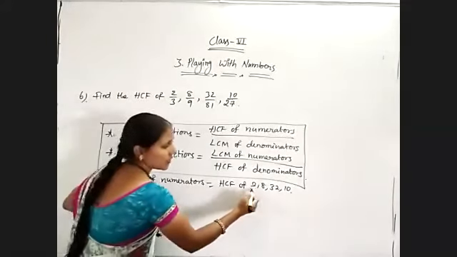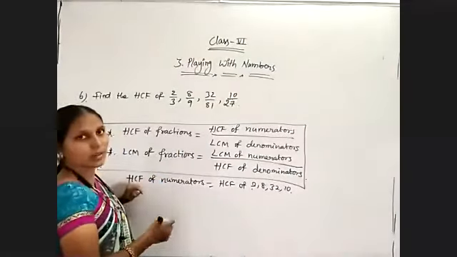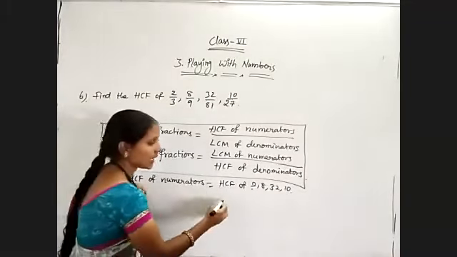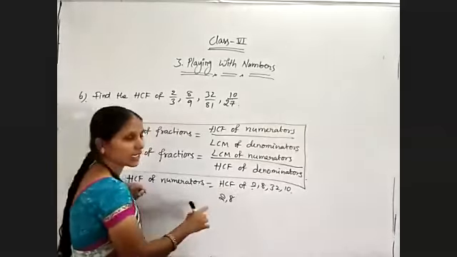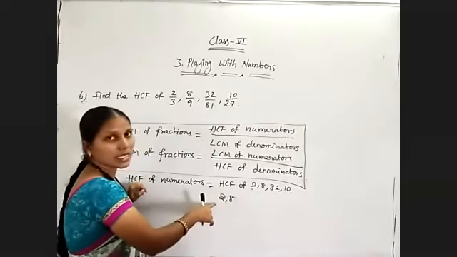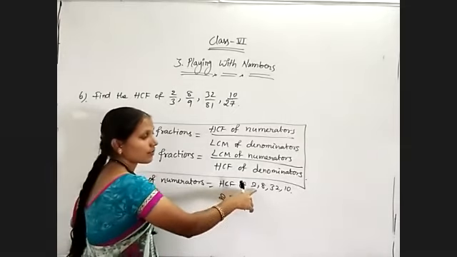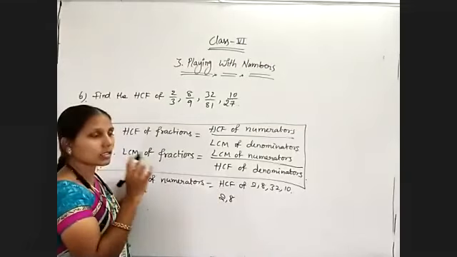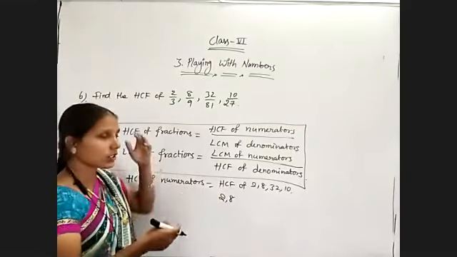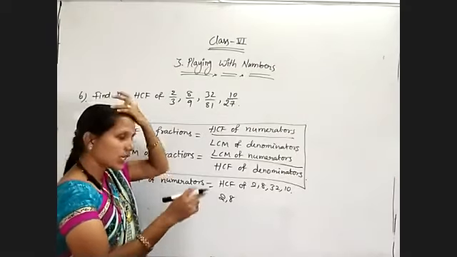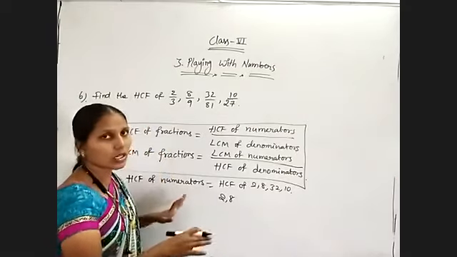Now in the division method, we have 4 numbers here, which means in 3 steps we will get the answer. Take any 2 numbers, 2 and 8. What is the HCF of 2 and 8? In the 2 table you will get 8, 2 4s are 8. That means the smaller number will be the HCF. So 2 is the HCF of 2 and 8. And for 2 and 32, 32 is divisible by 2, so 2 is the HCF. Next, 2 and 10: 2 only.